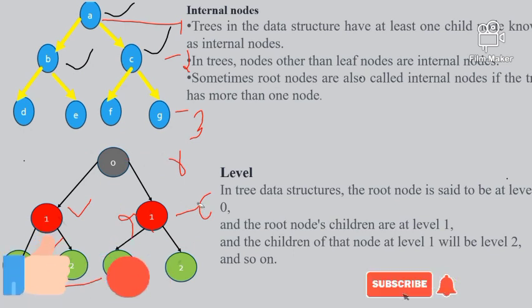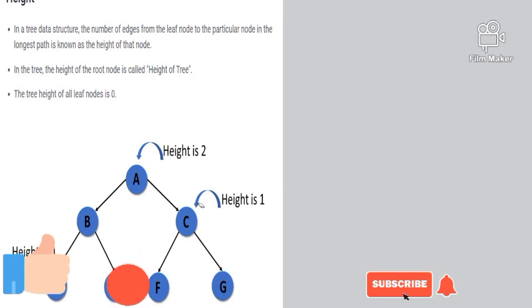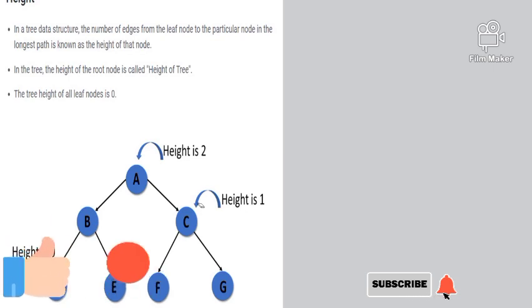And what is the height of a tree? Whenever I want to talk about the height of a tree, here it is just opposite. So now the height of D is 0. The height of E is 0. The height of A is 2. Why are we considering from top to bottom? Because whenever we are analyzing the height of a tree,